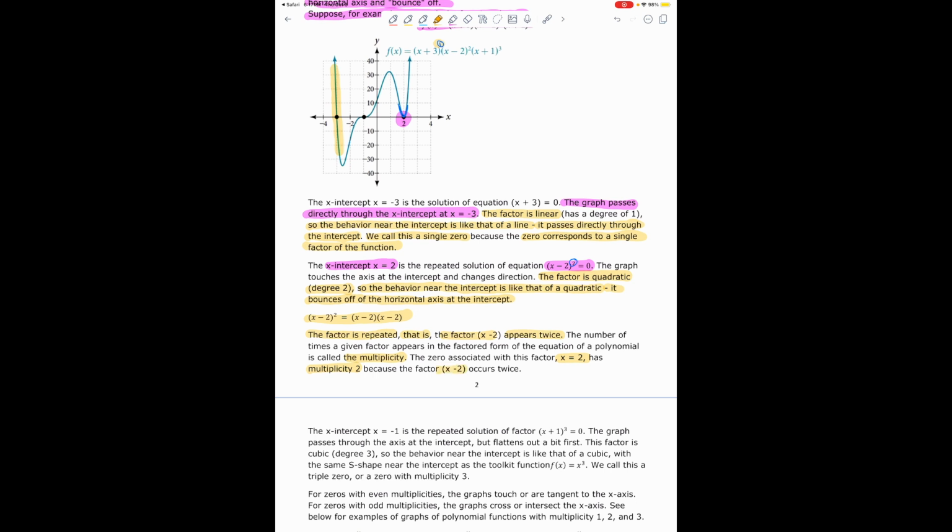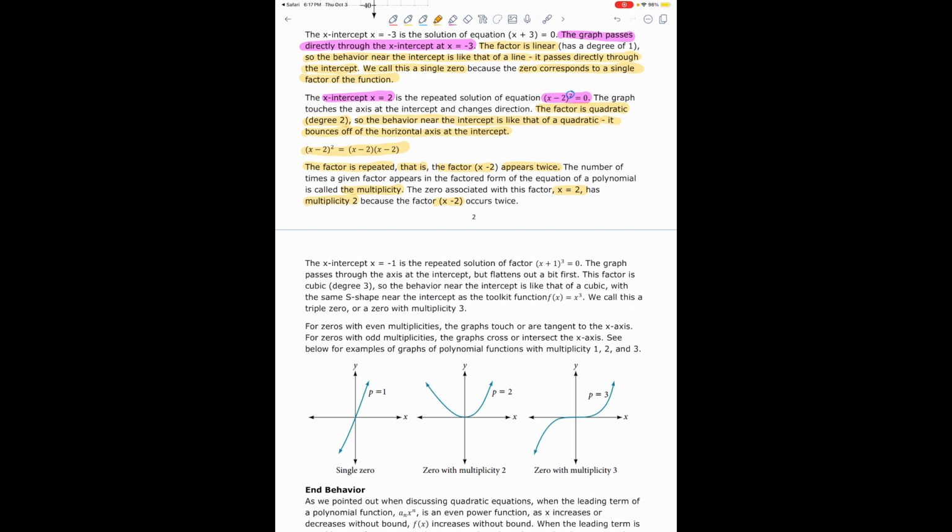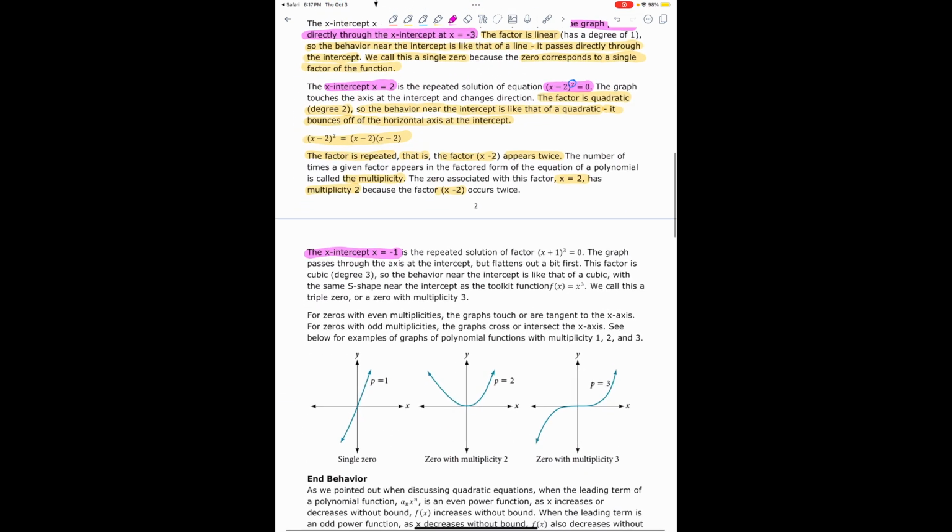So if it has a multiplicity of 2, the behavior of the graph is going to touch and bounce near the intercept point, and it's going to behave similar to a quadratic. And we say it has a multiplicity of 2 because it's repeated twice or occurs twice. Last but not least, the intercept at x equals -1, which is this one right here, is the repeated